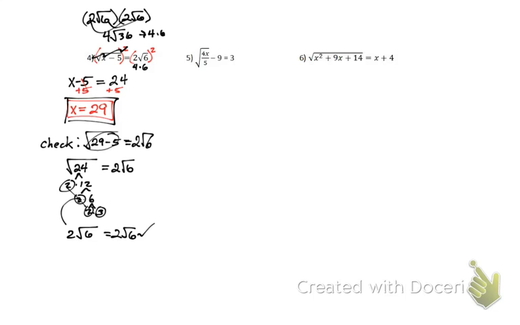Alright, number 5. Again, start trying these on your own if you want to. The same steps are going to be used over and over and over again. So, step 1 here: isolate the radical. I'll do that by adding 9 to both sides. So the only thing I have on the left side is the square root of 4x over 5